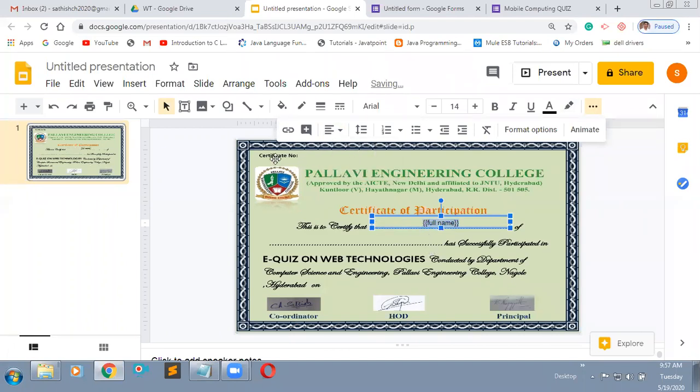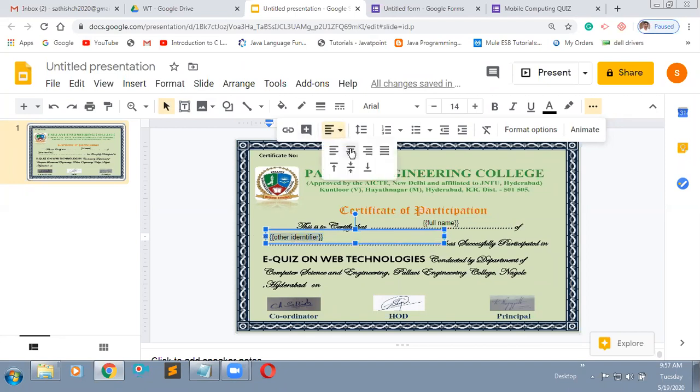In the same way, I'm going to take the college of the participant here. Same, you need to mention here the other identifier. This also I'm mentioning with the alignment center only.